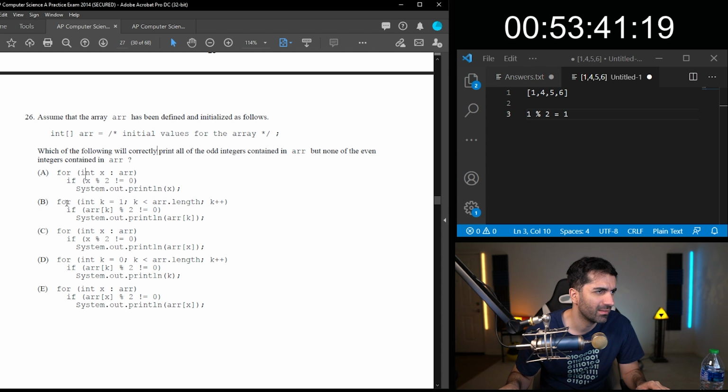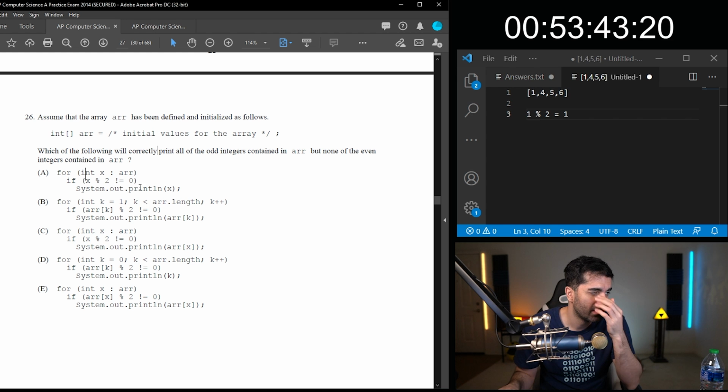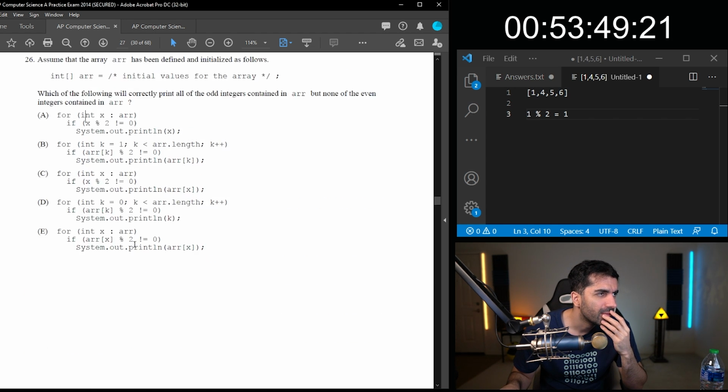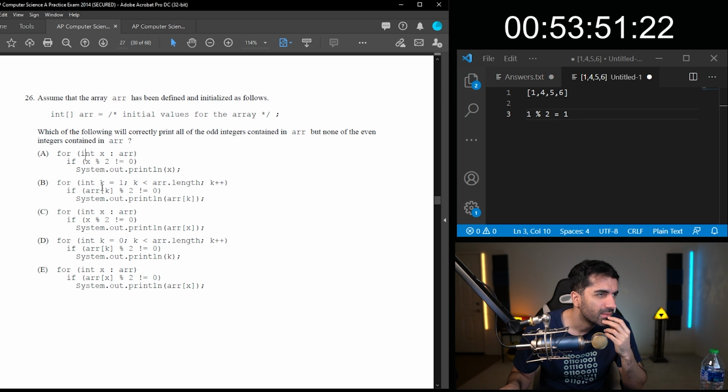But let me skim through the other ones. This one wouldn't work because it's starting at 1. So we could miss that first element. How is this one different than the first one? Oh, wait.